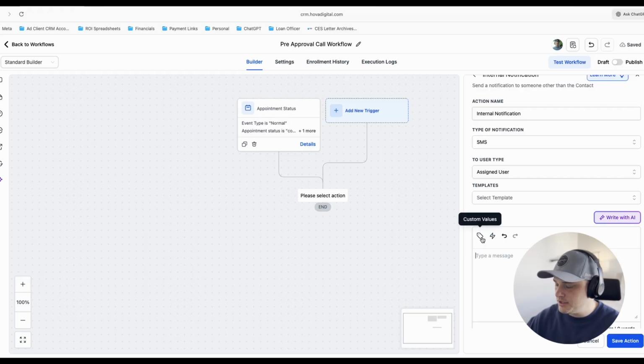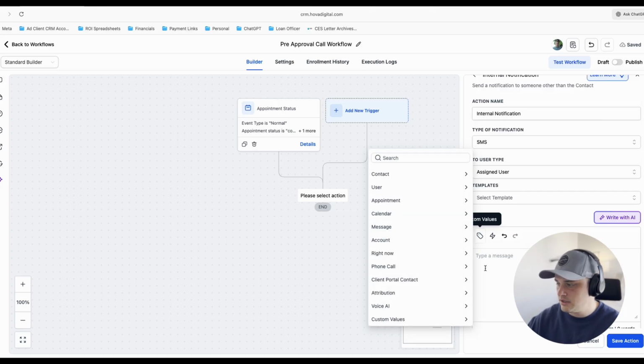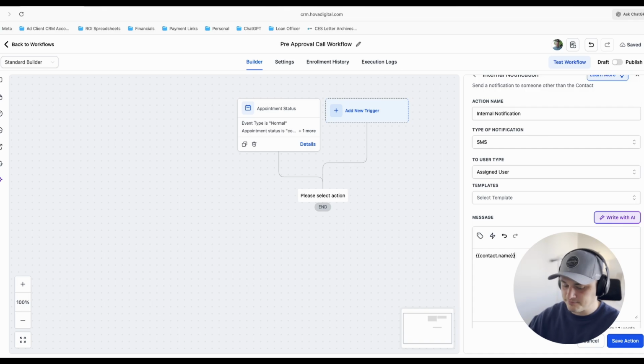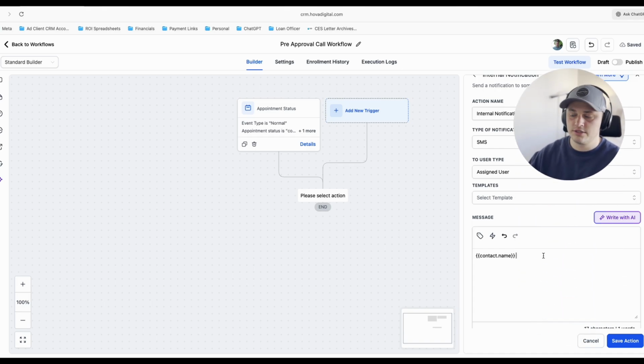If I wanted to do custom values, so let's say you wanted inside of your automation for somebody to have their name inside of the automation, you can go to custom values and you can select contact. So that's the contact's information. Then I'll select full name. And that way, if John Smith books an appointment with me inside of my pre-approval call calendar, John Smith's name is going to appear here. John Smith, or the contact's name, just booked a pre-approval call with you